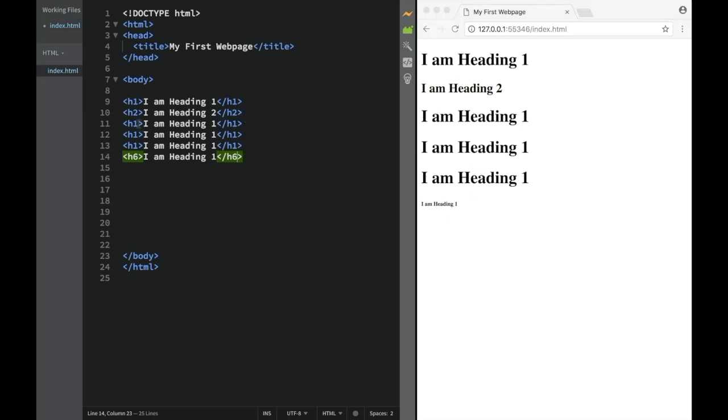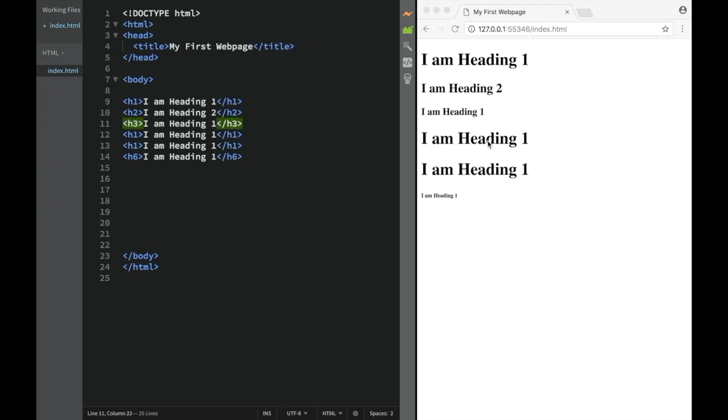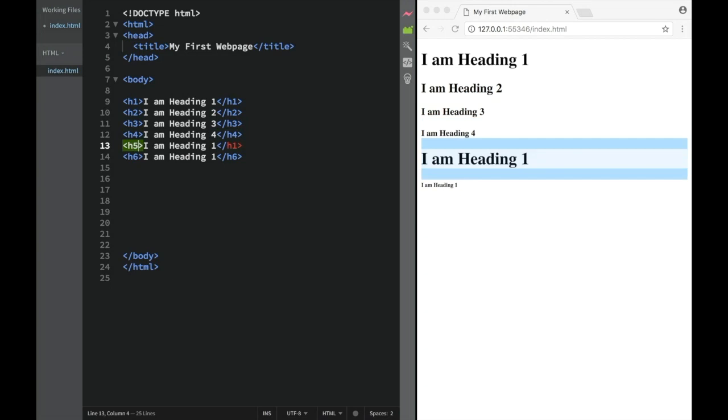But if we're going to have full documents, it's really easy if we're working with a live preview to actually see where we're at. And now we're going to change all of them. I'm going to say heading 4 over here. This is going to be heading 4. And this is going to be heading 4. This guy is going to be heading 5. And this guy is going to be heading 5. So now you can see that I have 1, 2, 3, and over here 5,